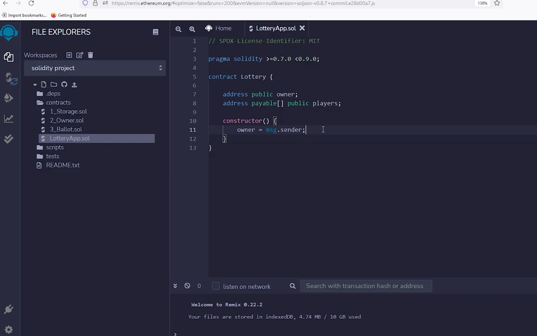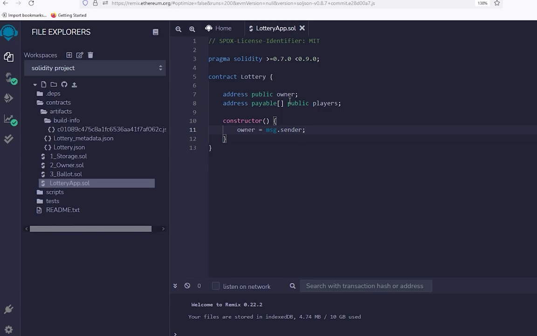It simply means the sender of the message. Like now, owner is the sender of the message. When we deploy our contract, the address from which we have deployed our contract, now that will be the owner address. So when I press Ctrl S and